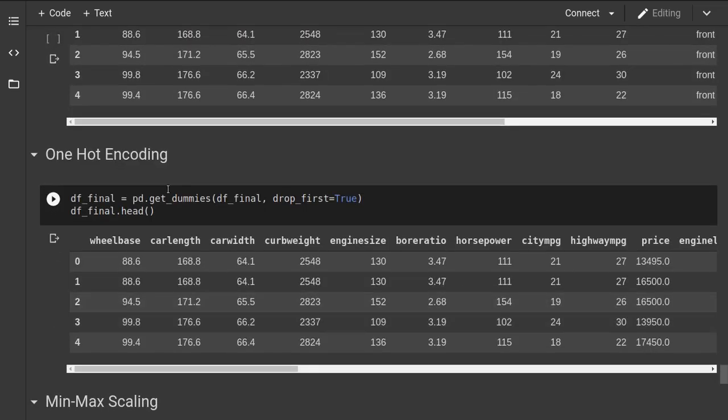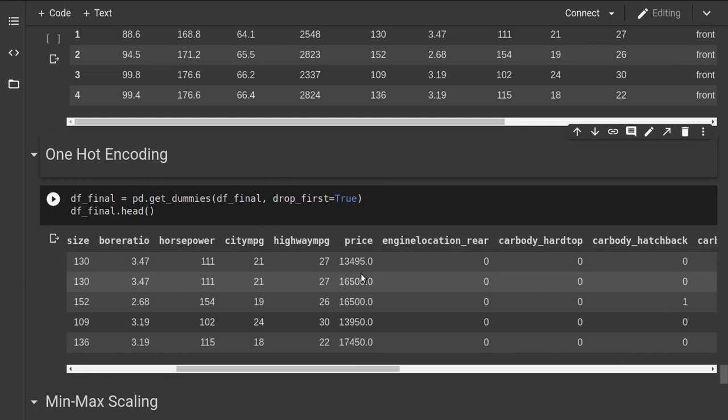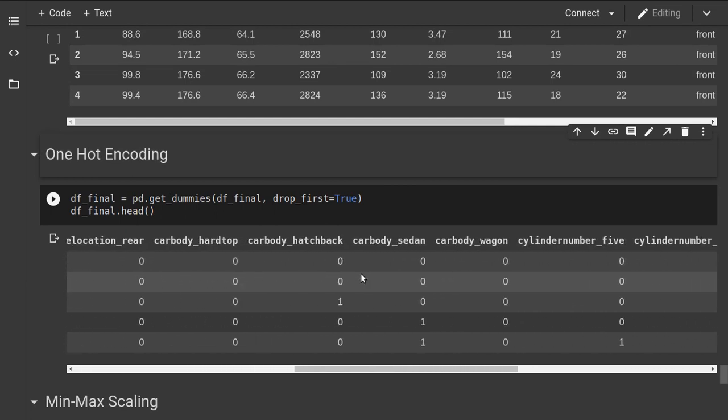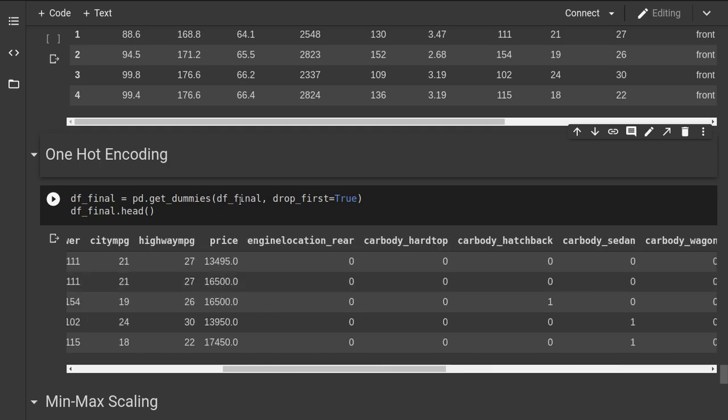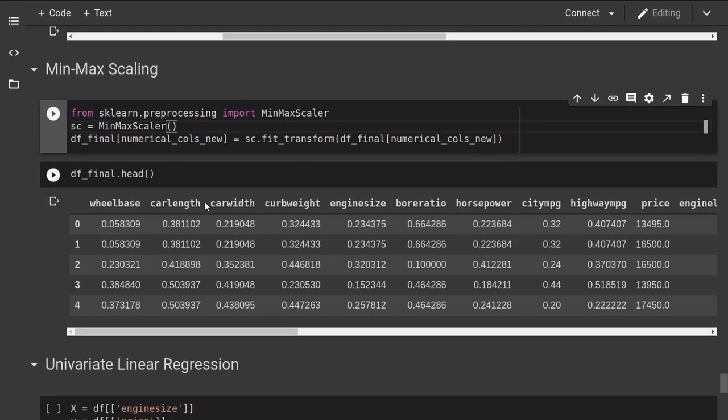Then I one hot encoded those categorical values so that I will have only numerical data inside my data frame. Then I used MinMaxScaler from sklearn.preprocessing to convert those values into 0 to 1.